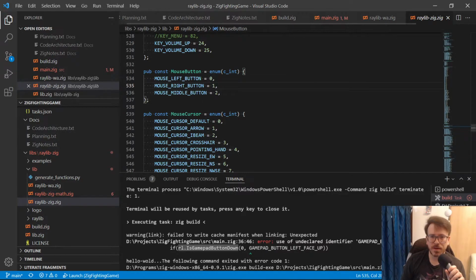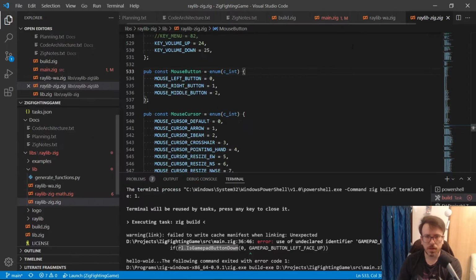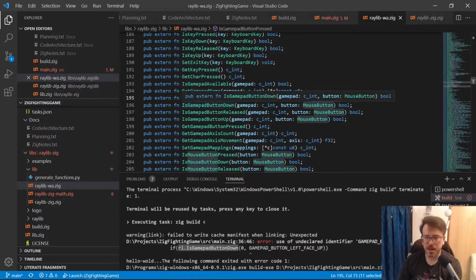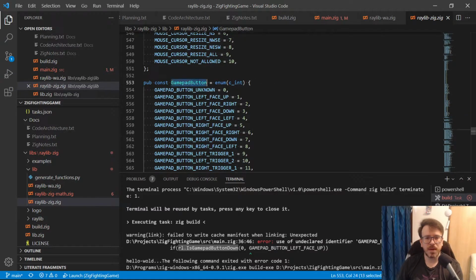There is an error in this code, like, oops. Yeah. So is gamepad button down uses the enum mouse button. It's not a mouse. I had to fix this before. I forgot about this. Yeah, so it should be game button actually.